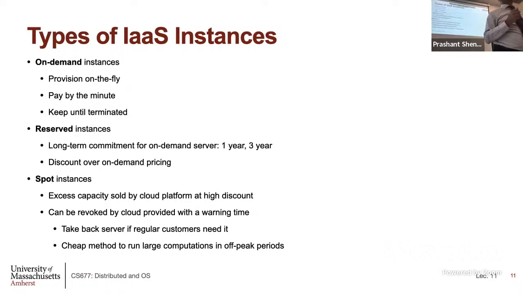Right? Because it's almost like an airline saying, I'll give you a seat for 10% of the price, but there is some chance when you show up at the airport, you may not get on the plane because somebody who's willing to pay more showed up. We gave your seat to that person. Right? Same thing here. Right? So these instances are good if you want to do large computation at off-peak times when you can get these machines at highly discounted prices, but there's always a chance that your machine will go away. Okay? So you've got to keep saving your state, so that if the machine gets terminated, next time you start, you didn't waste all of the cycles doing something and the machine got terminated.